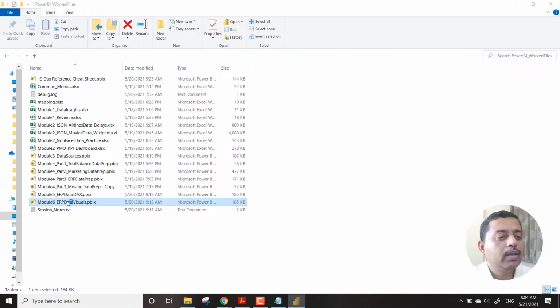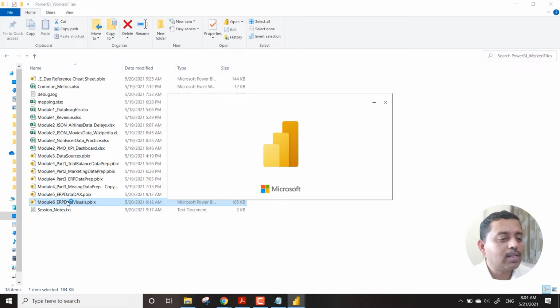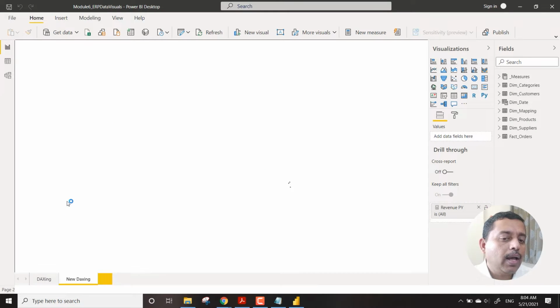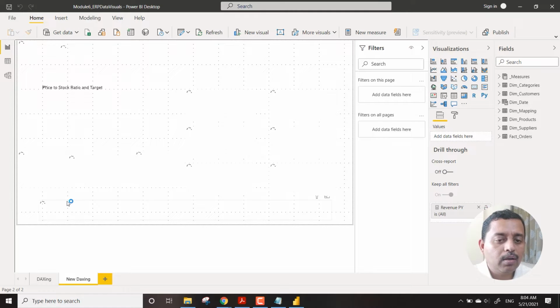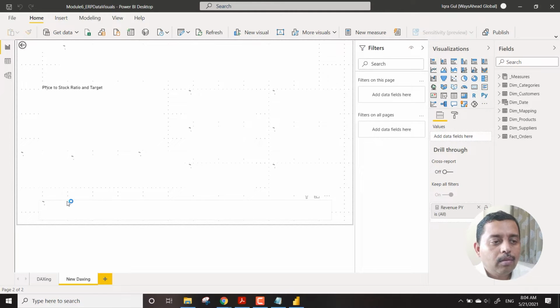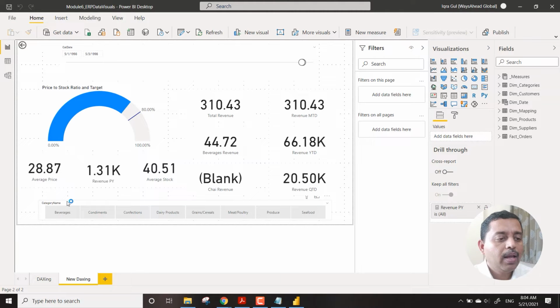We open this ERP data because it has all the ingredients that you require for learning Power BI precisely. As you can see, in this file we have already done some testing work, and what we are going to do now is take it to the next level in terms of visualization.